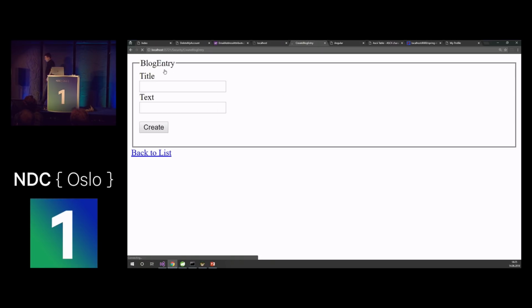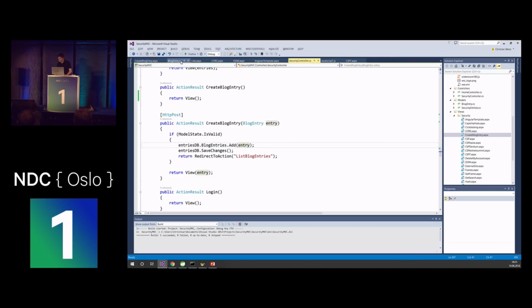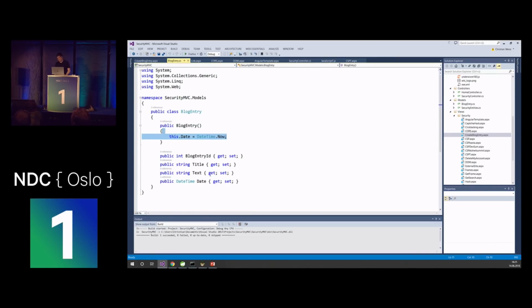Now, how does model binding work? Model binding means I have an expected type, in my case blog entry, with public properties, among them title and text. Now, if as part of the HTTP post request there is a title somewhere and a text somewhere, and as we all know, there is an order in which the system looks, post data, and then sometimes even cookie or route, and then it sets the properties of that type. And that is a problem, because if we have a look at our model class once more, we still have that date property. It is set automatically, but if we send something called date to the server, model binding would also work for